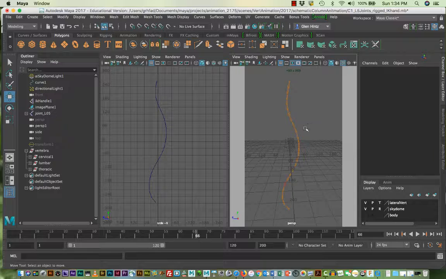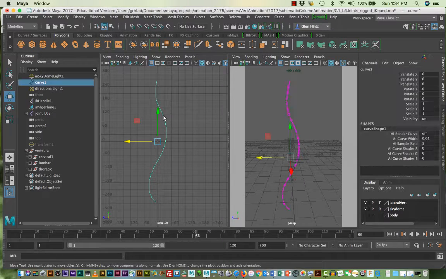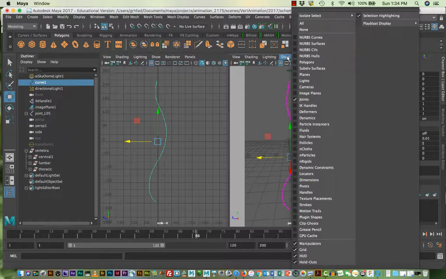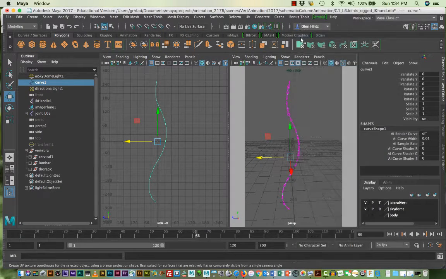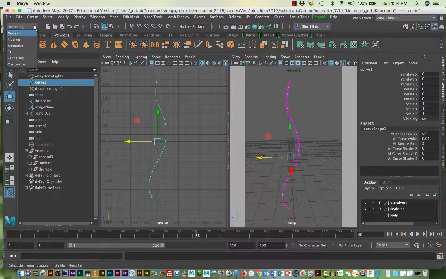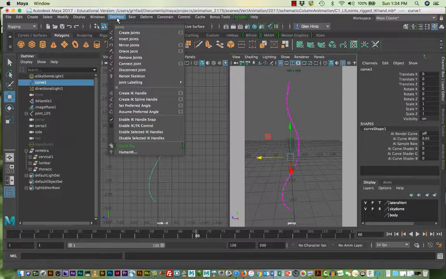And then we created a curve based on a reference, the lateral view of the spinal column here. And we then made an IK spline handle. We went under rigging, we went under skeleton to create IK spline,